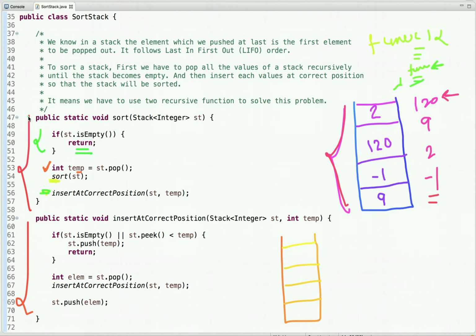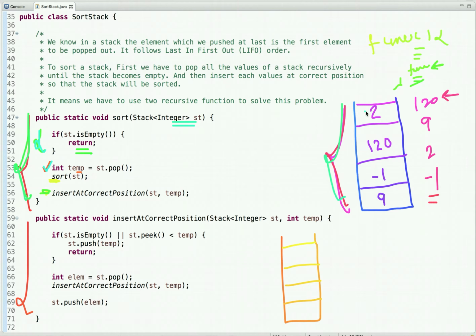Now let's visualize what this function is doing. We pass a stack, and in the stack there are a few values. When we pass a stack as an argument with the following integers, it is not empty, so this code is skipped.